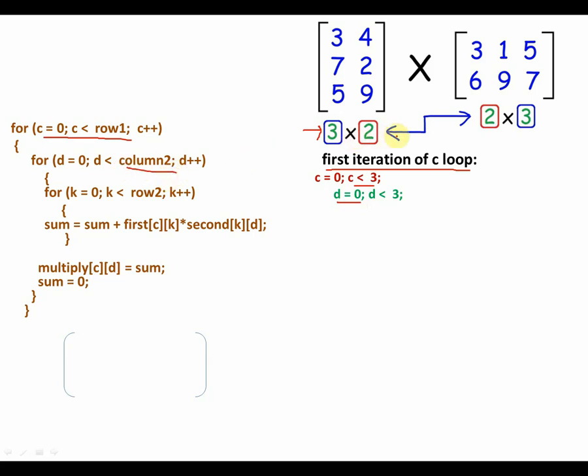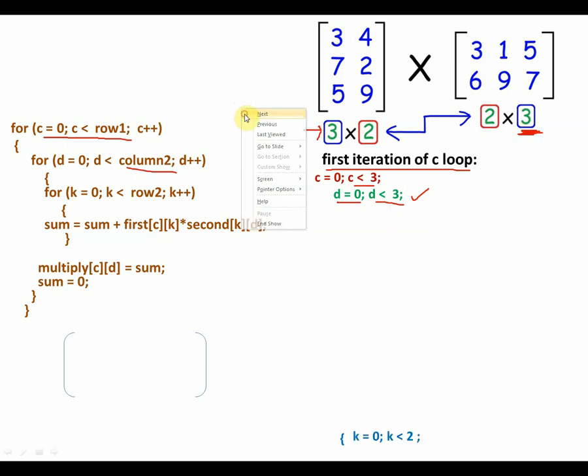What is column 2? Column 2 is this variable, this value, which has the number of columns in the second matrix. So is 0 less than 3? Yes, 0 is less than 3. Let's go inside the second loop now.